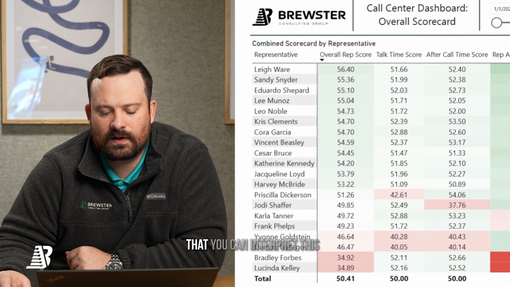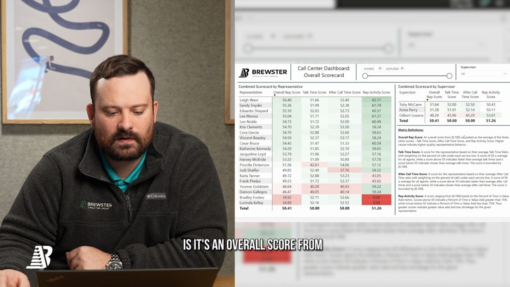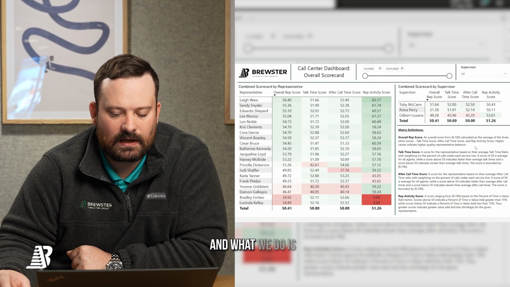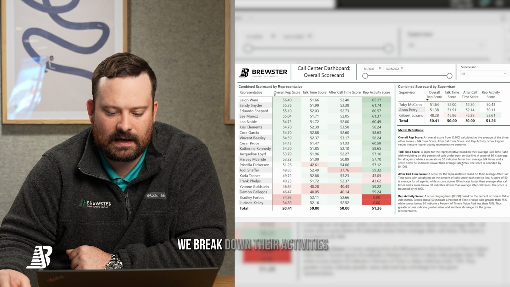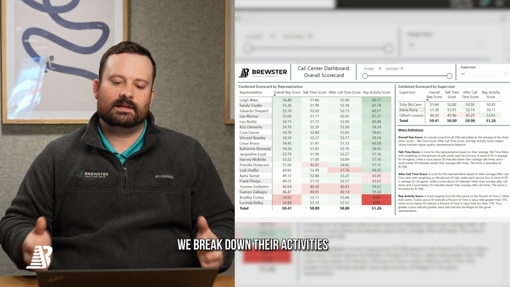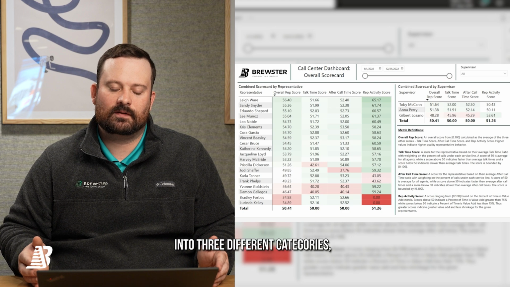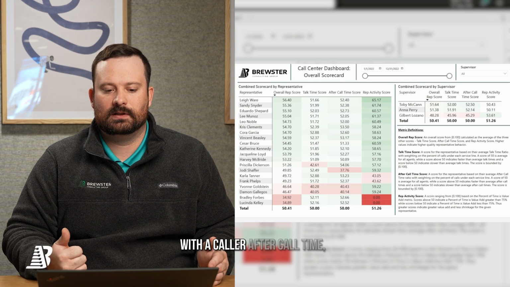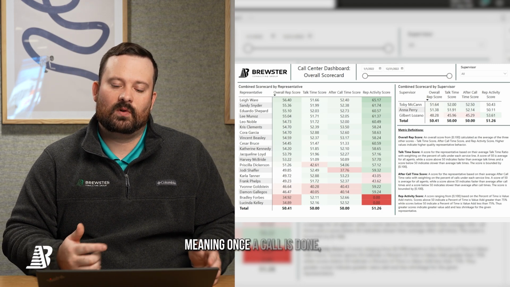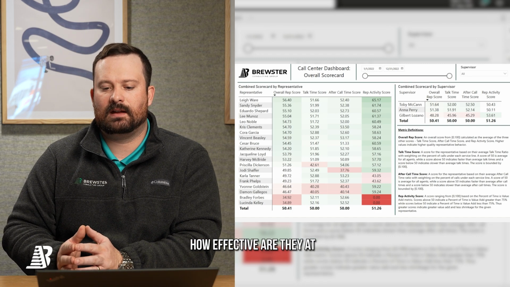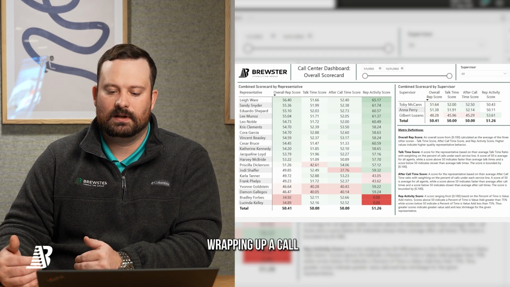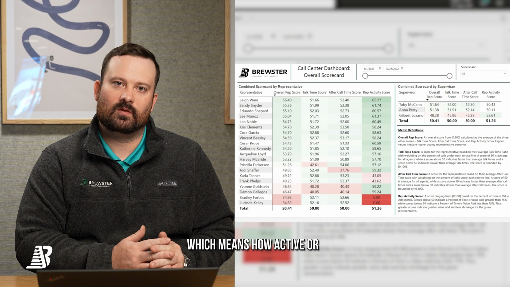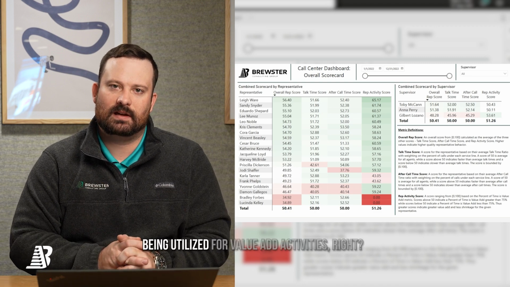And so essentially the way that you can interpret this is it's an overall score from 0 to 100 where 50 is essentially average. And what we do is we break down their activities as a contact center agent into 3 different categories. Talk time, how effective are they when they're actually on the phone with a caller? After call time, meaning once a call is done, how effective are they at finishing their notes and wrapping up a call? And then their activity score, which means how active or how much is their time being utilized for